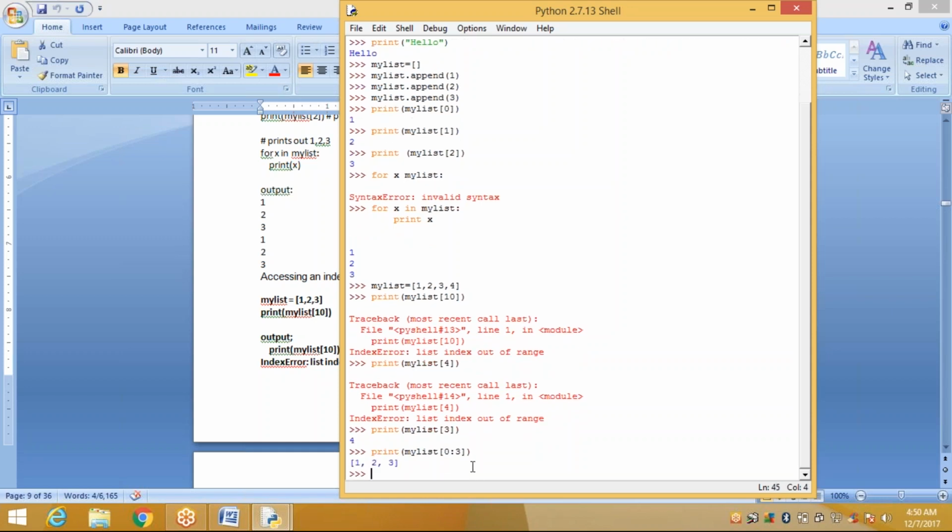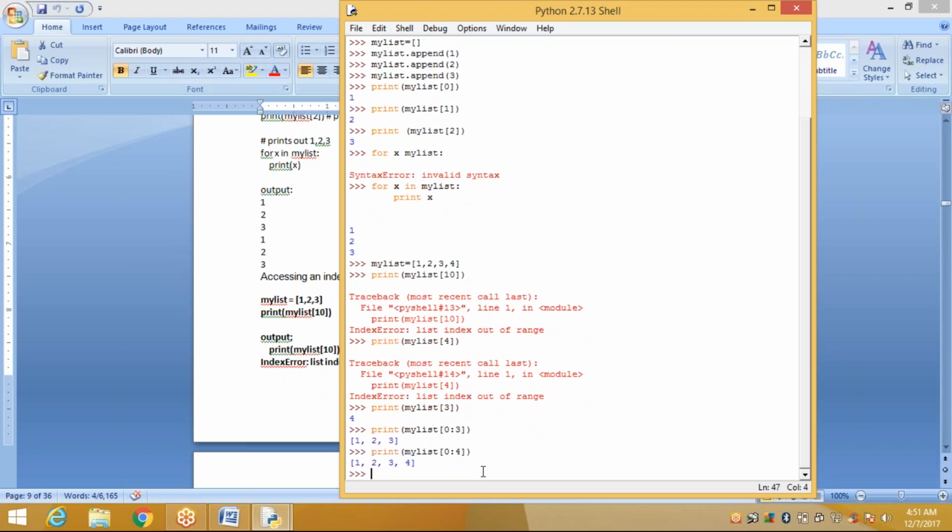Okay. Suppose if you want to see the last value also, 1, 2, 3, 4. Total values is this. This is the range. Yesterday I already told you how to give the range in the array.